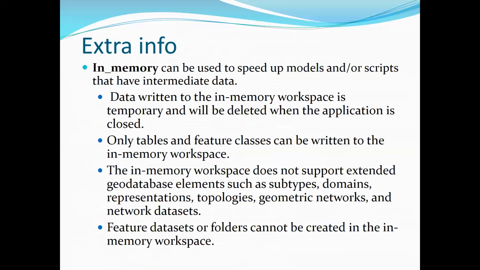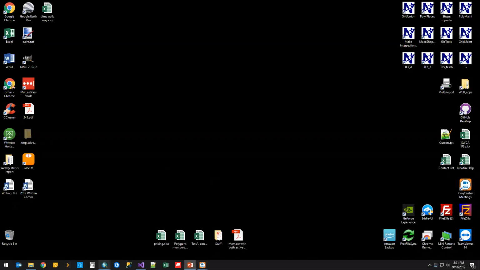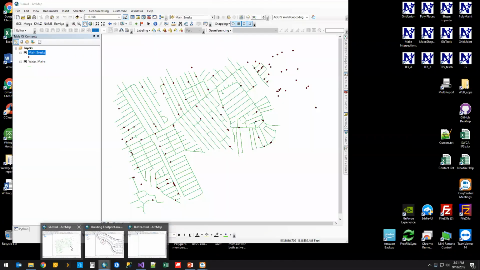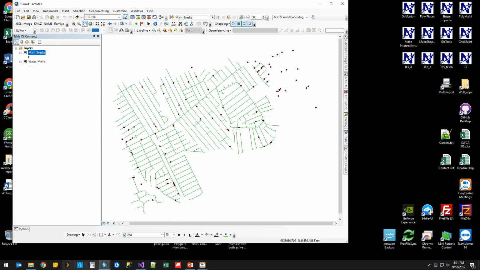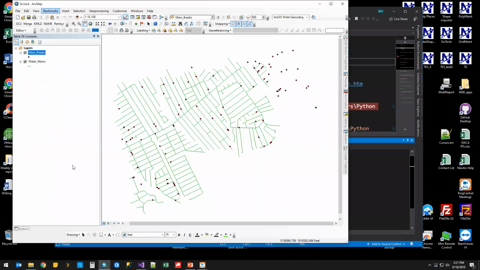And there's a little blurb about in-memory just on itself, because I use it all the time. And then that is the last of the slide stack. So we're going to get into looking at some code examples. I asked for examples and I got a few. So we're just going to jump into some of them. We're going to be going back and forth between